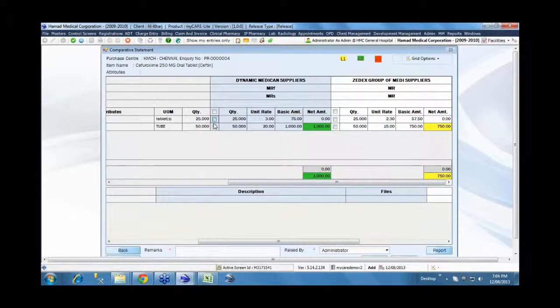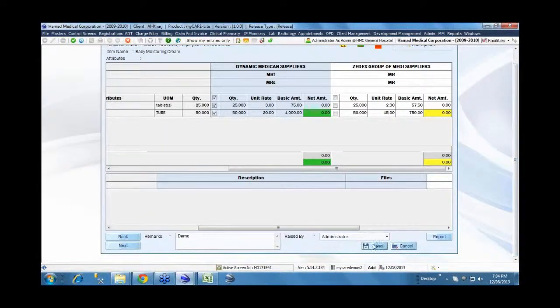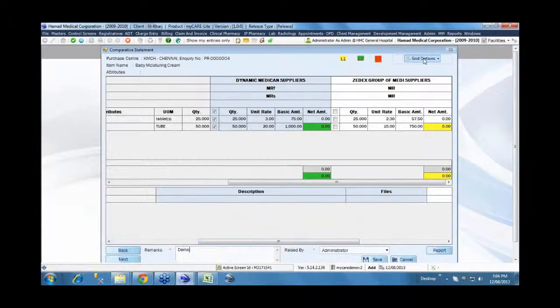And you can see here that by default it marks the lowest quote for each and every item in green, and you can also choose one item from one supplier and another item from another supplier. As to which supplier you want to decide, you can choose from all the information. It's not just the rate. Again, we didn't capture any terms and conditions relating to delivery and payment terms, so anything which is captured there, also as data, is picked and then displayed here.